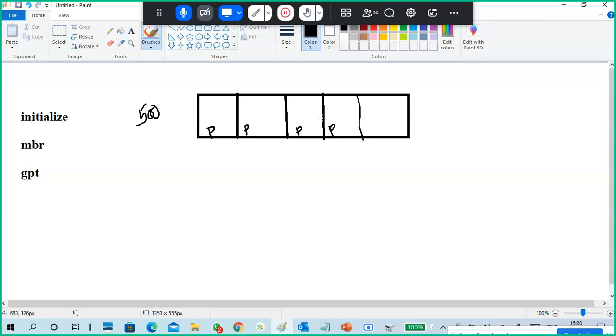Whenever you're done with the four primary partitions, the remaining space in the hard disk you can't utilize for anything. For example, you take a 500 GB disk. For example, this is 50, this is 50, this is 100, this is 100. Just for example, 200 plus 100, 300 GB completed. 200 space is free. This 200 you cannot utilize for anything. So what to do?